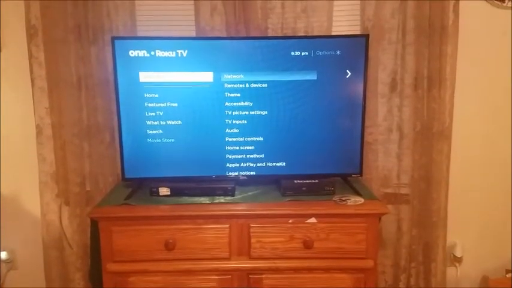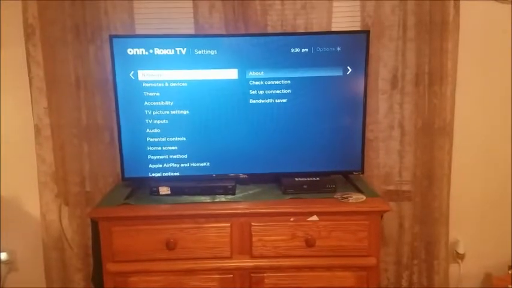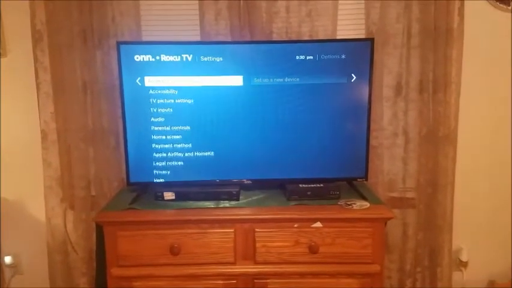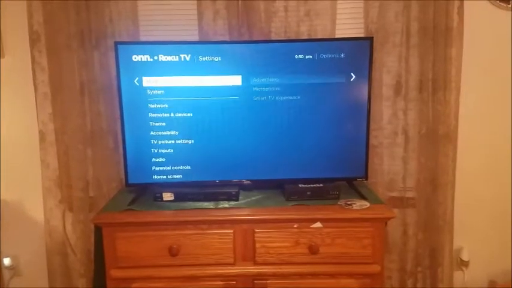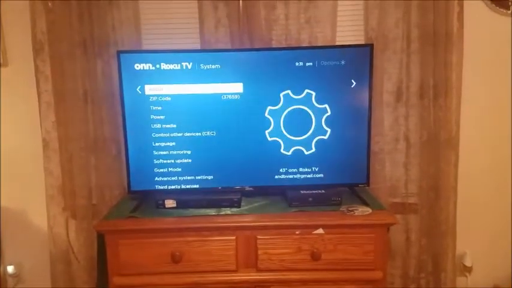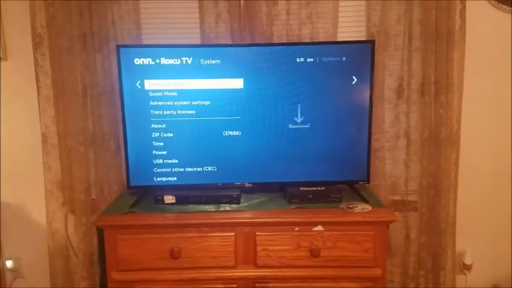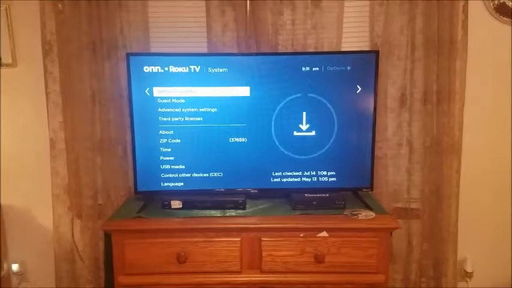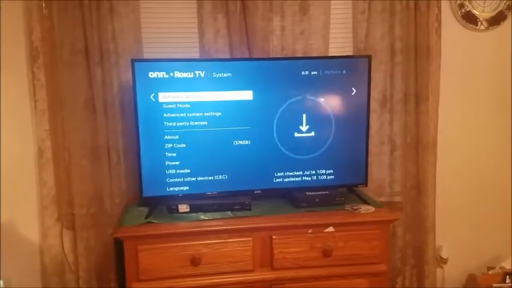and then from there go all the way to the right, and go to System, all the way down here. Go to the right, then go down, and click on Software Update. See if it has any updates whatsoever,